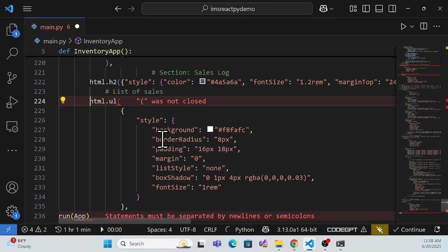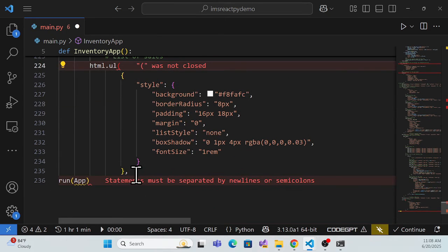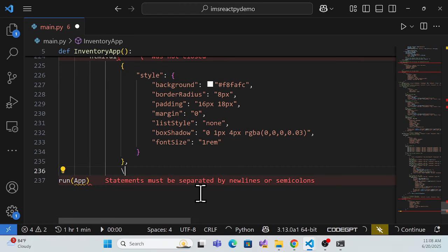as I'm using the bullet things in the UI, right? So I'm using this html.ul, right? And also see, it is asking for something that is missing, but don't worry about that. I'll just add it at the end of here. And then the last thing, we have to add the message for each sales item,